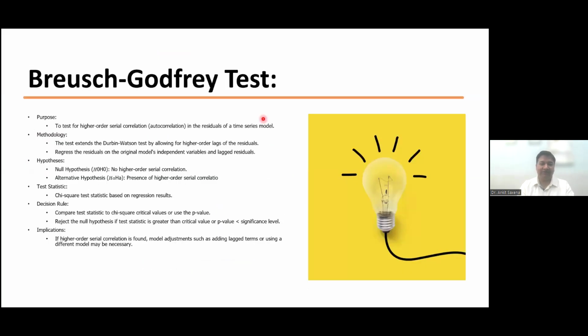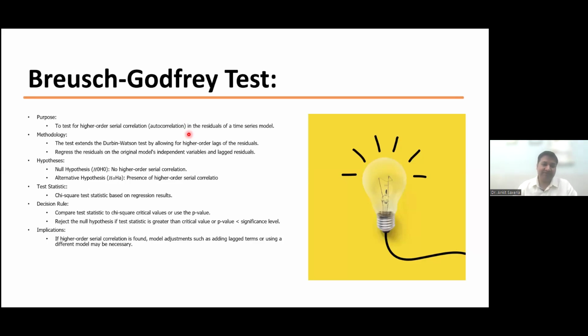So meanwhile, the next test, we normally apply for the same point. If you want to check for higher order serial autocorrelation, and you want to check whether the residuals... I hope the residual term is clear to everyone. It is the difference between the actual term and the forecasted term. So the residuals, if they have higher order autocorrelation, that will be tested with the help of this Breusch-Godfrey